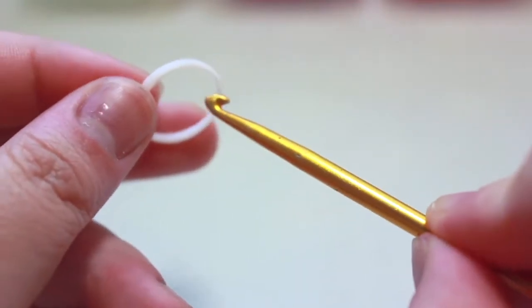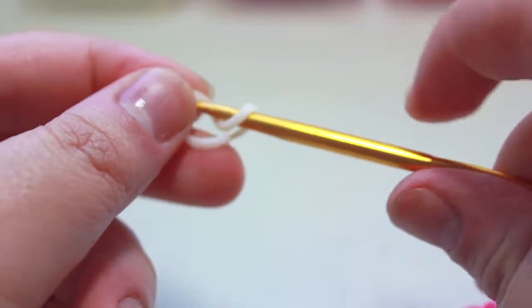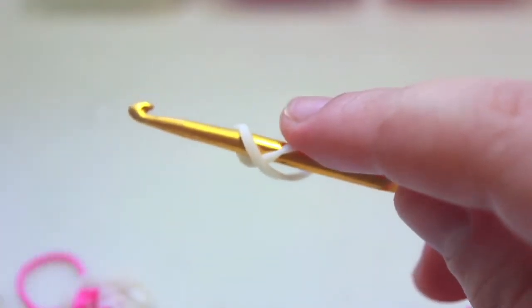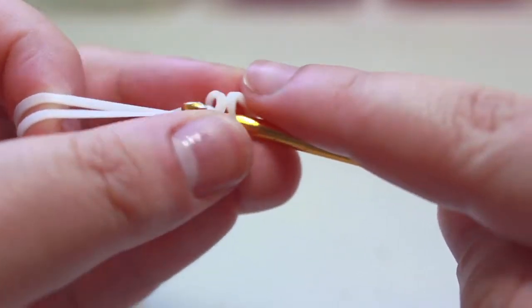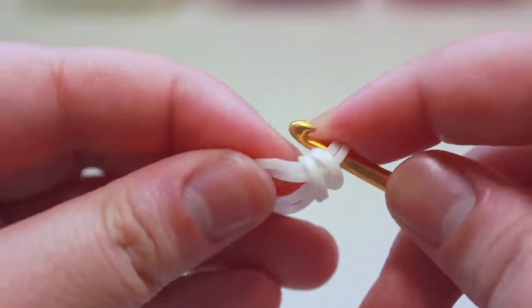Make a cap band again, stick your hook through the band, twist it, make a figure 8 shape, and place it back on your hook. Grab 2 bands, pull it through the cap band, reattach,